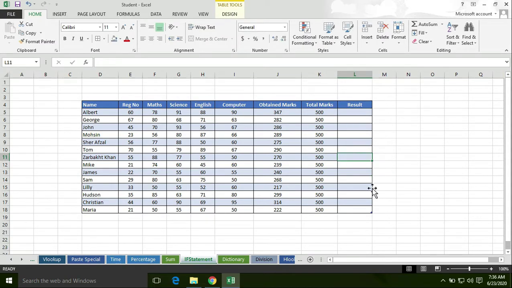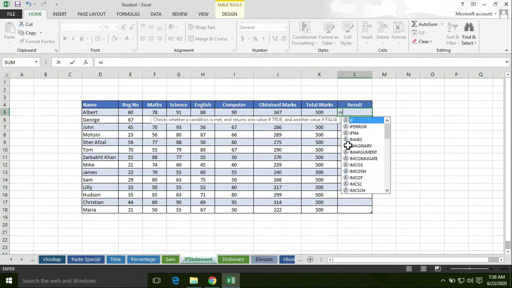Now I want to find out the final result of these students. I have obtained marks out of total marks, but I want to find out the final result of the students. So I'm using the if statement. First of all, in order to find out the final result of Albert, type the equal to sign, then type if,